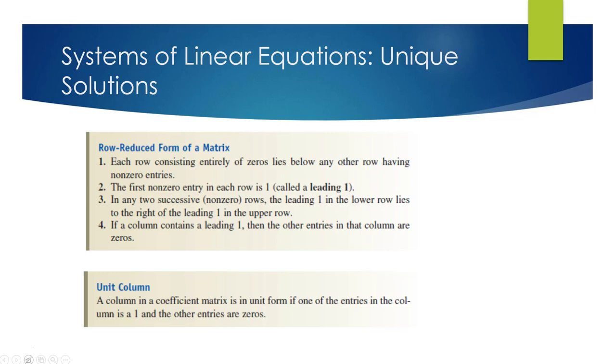In a row-reduced form of a matrix, each row consisting entirely of zeros lies below any other row having non-zero entries. The first non-zero entry in each row is 1, called a leading one. In any two successive non-zero rows, the leading one in the lower row lies to the right. They're giving you this really long description, but basically,